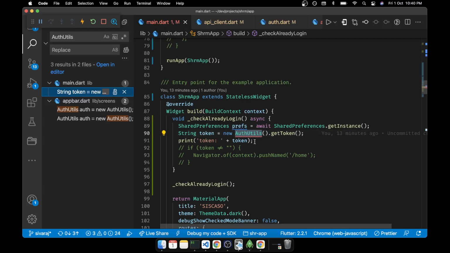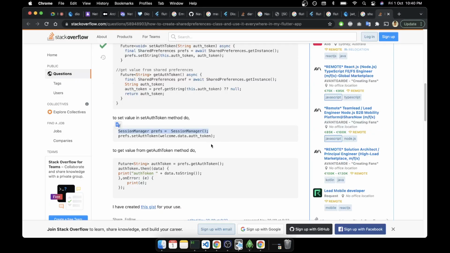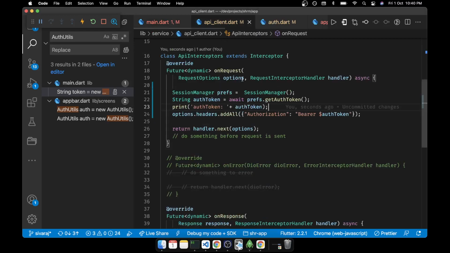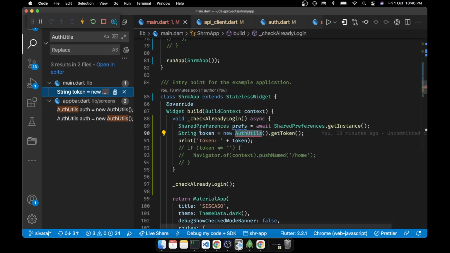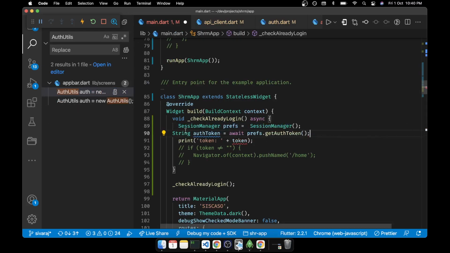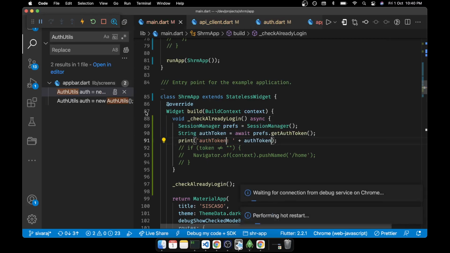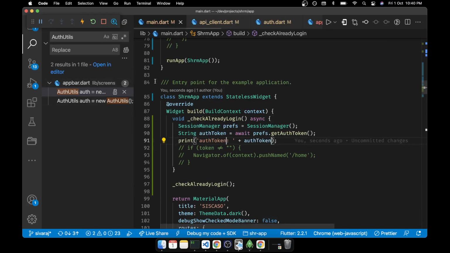So here also we can just take this off and we can go to app client. We are trying to do the same thing here now. So we are just taking the token and then we are trying to attach it. So this will be changed into authToken. So done.